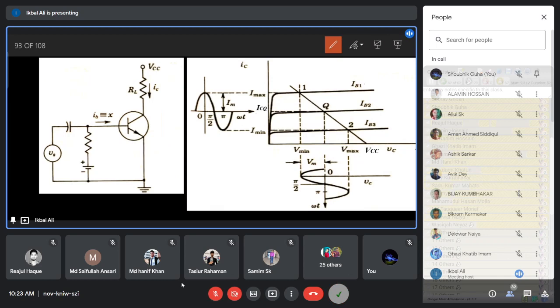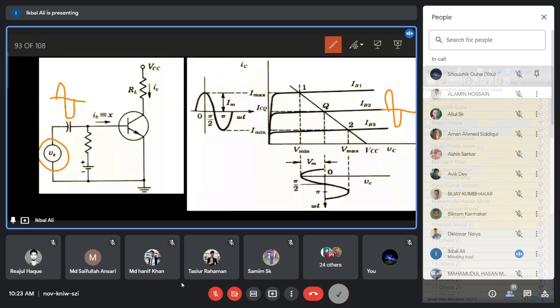If you apply the signal at the input side through a capacitor like this, so you are applying an AC signal here. Okay, so you have applied a small AC signal at the input side. So the base current, which is the DC base current IBQ flowing through it, will now vary like this at the input.